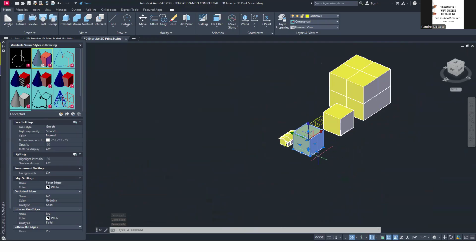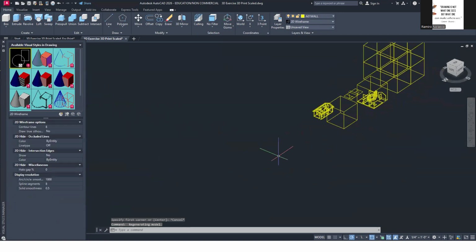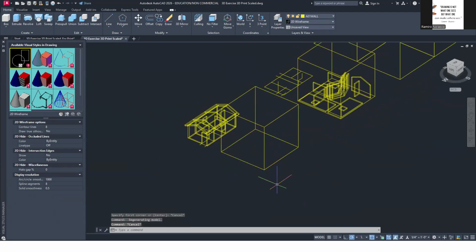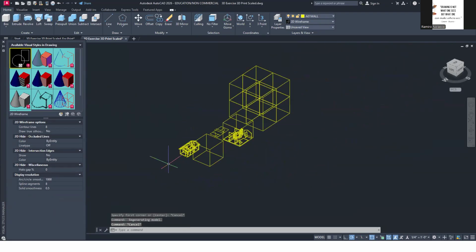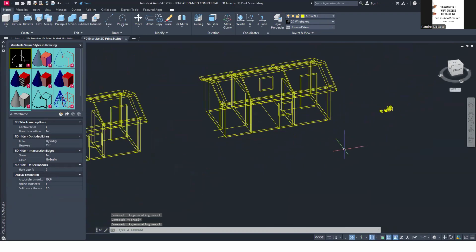So I created a 5 by 5 by 5 cube or box, which is right here, okay? Now, if I move this here, it actually will fit. So what I did was I scaled this entire thing. So let me copy this